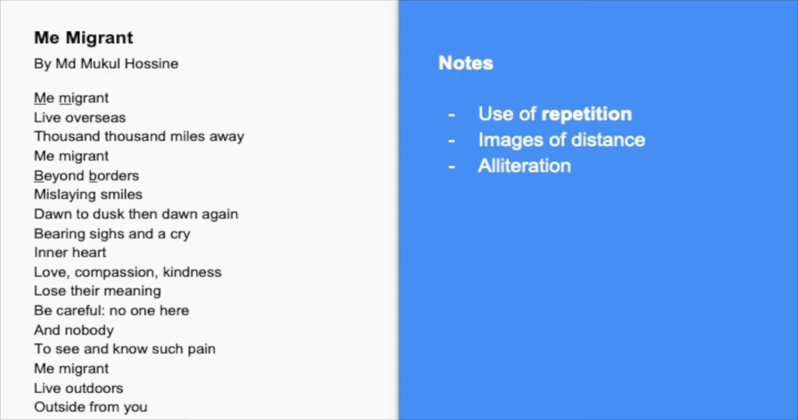When many words start with the same letter, it gives you a rhythm to the poem. So what else is interesting about this poem? He uses images of distance, and this again goes back to him being a migrant worker and him being away